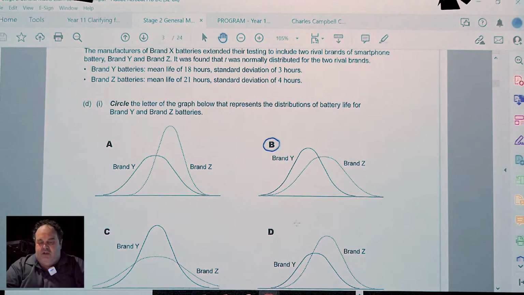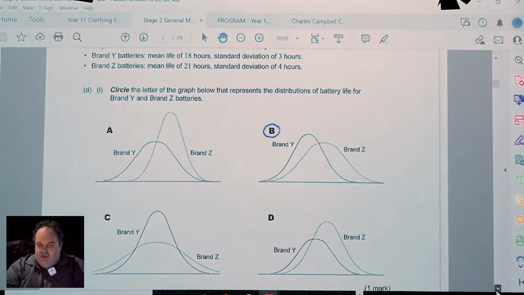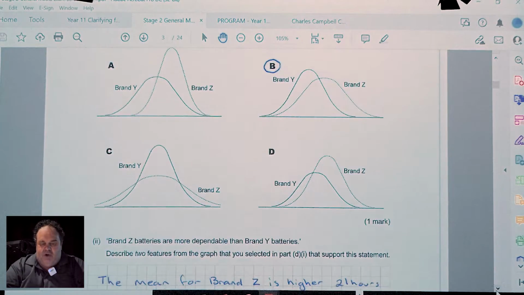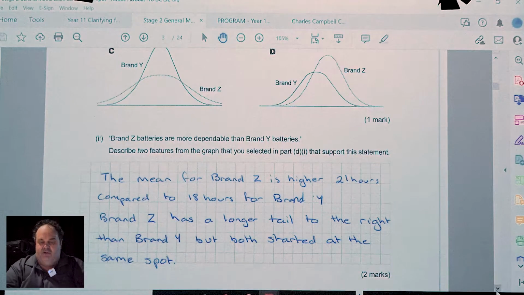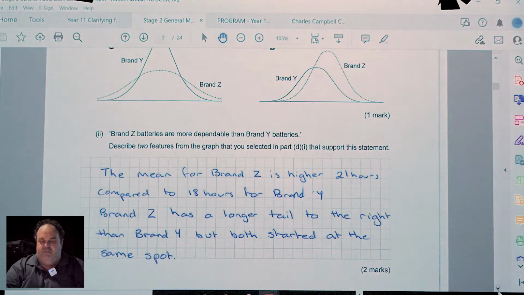Lots of students didn't quite get it. They went for D, thinking that a higher mean means it's going to have a higher frequency. But the question where most of them got stuck was part 2, where they're asked to support the statement that brand Z is more dependable. To get the 2 marks, there were 2 bits of information. They had to identify that brand Z had a higher mean, but the second mark, where a lot of students missed out,